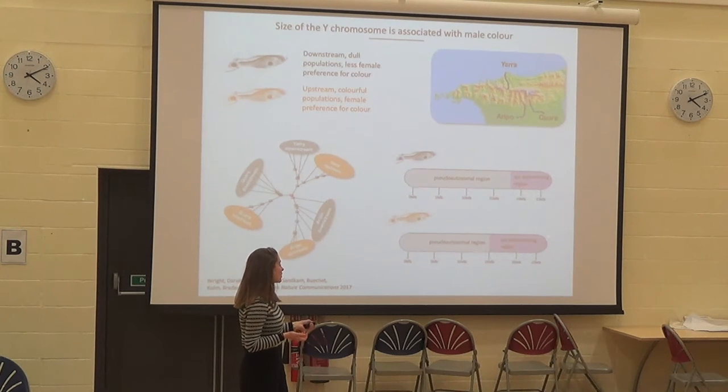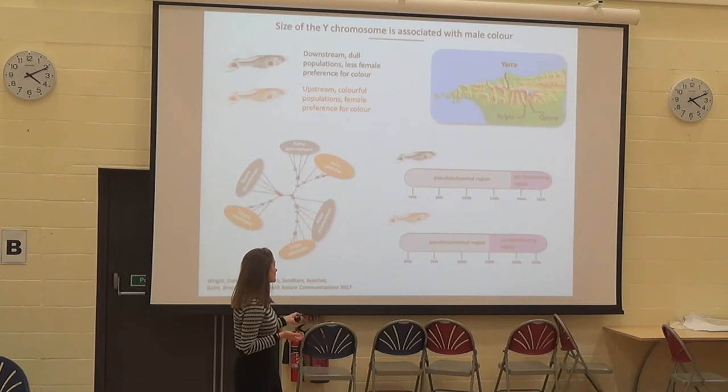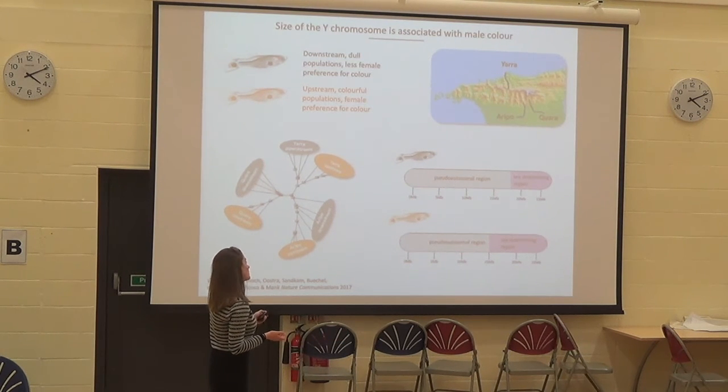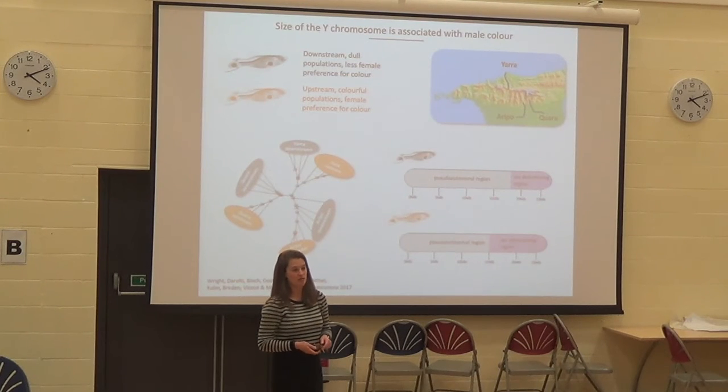And we think that this is because this region has expanded to contain all of those genes that are really important for male colour. That's why you see the colourful populations upstream having this much bigger region, because it's essentially how this colour is encoded, because it's on the Y chromosome. We were very excited about this because it seems to be quite an important force in selection, because it happens 3 independent times, and we can see consistent and striking differences between these different populations that really only differ in the amount of male colour.